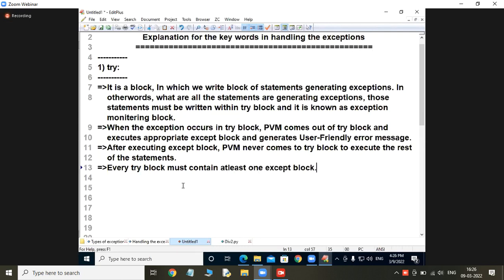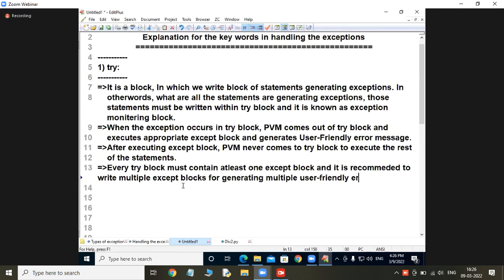It is recommended to write multiple except blocks for generating multiple user-friendly error messages. When my program is giving multiple user-friendly error messages, is it going to be robust? Yes, it is going to be robust.